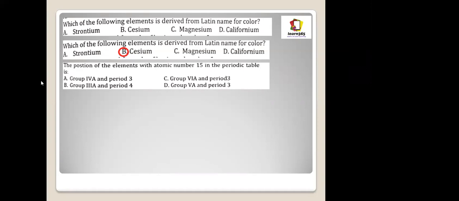How did you find the answer? Okay, Michael. Michael, can you answer? Why did you put D? Michael, come on. You can answer. Yes, please. Because the arrangement in the table says that in group A, in period 3, there is the atomic number 15, which is phosphorus. Okay, but what is the first thing that you do when you get an atomic number? We find the electron configuration. Yes. Okay. And then the number of shells appears. Yes, someone else also wants to answer.